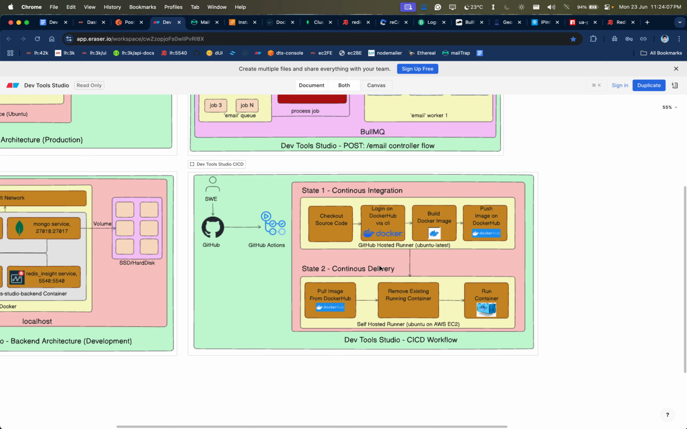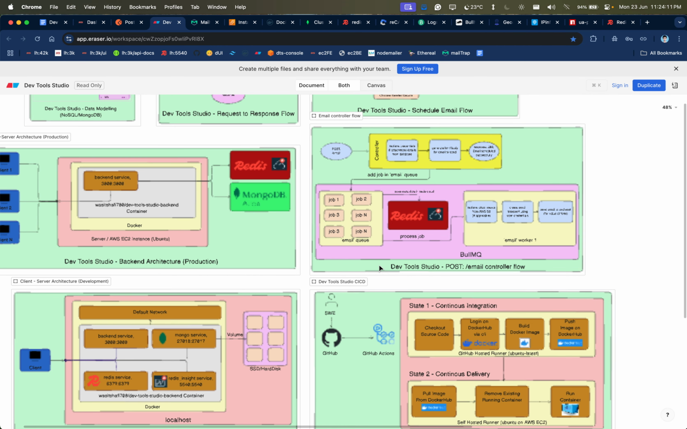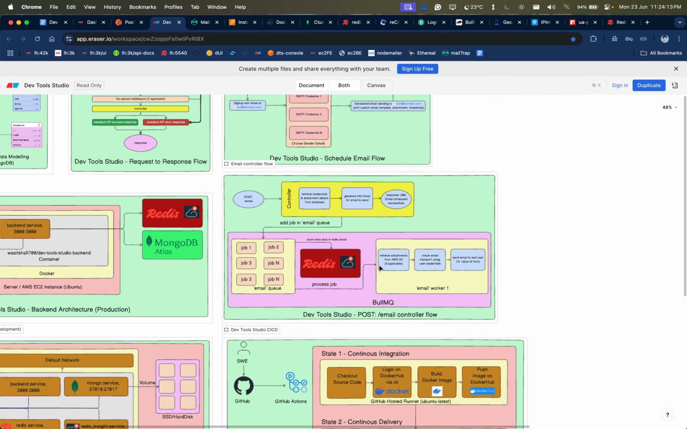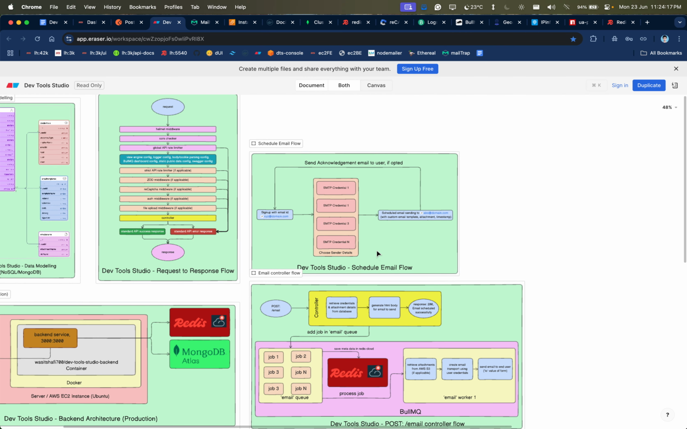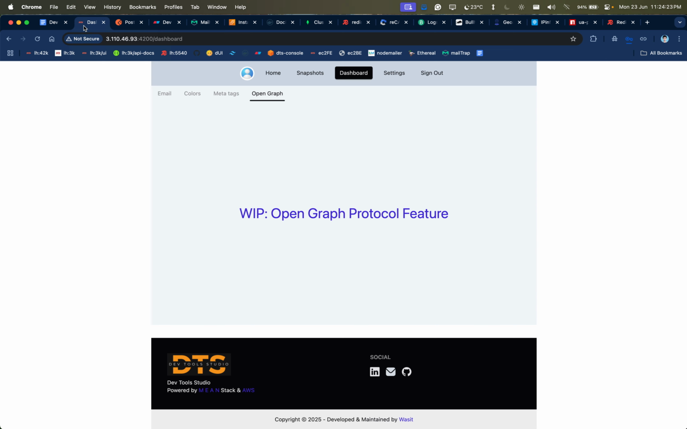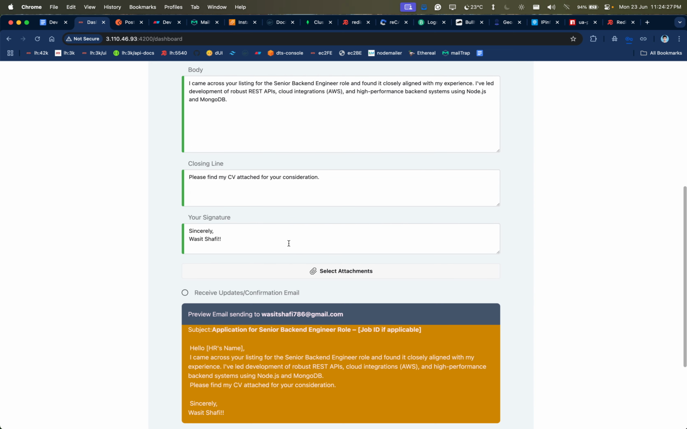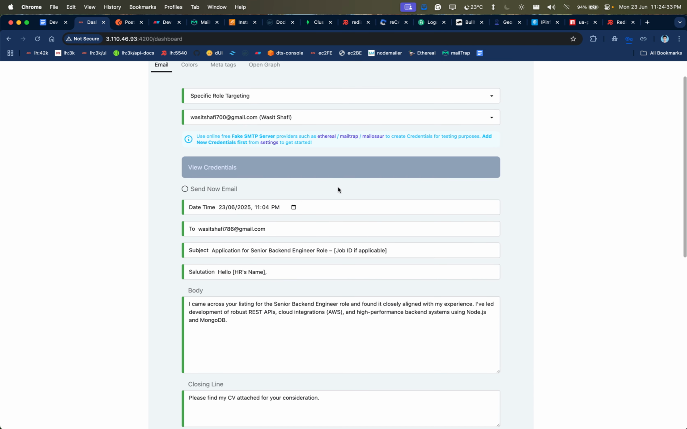So this is done, and next is this one. Okay, let me first start by discussing this. This is very simple. Initially, if you have noticed, there is this receive update or confirmation email option. The thing is, who will receive the confirmation email? Let's say I have added